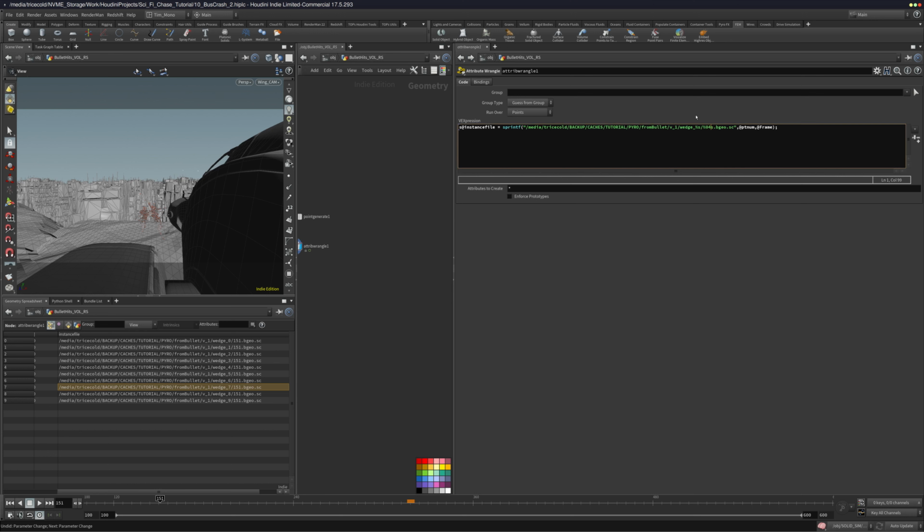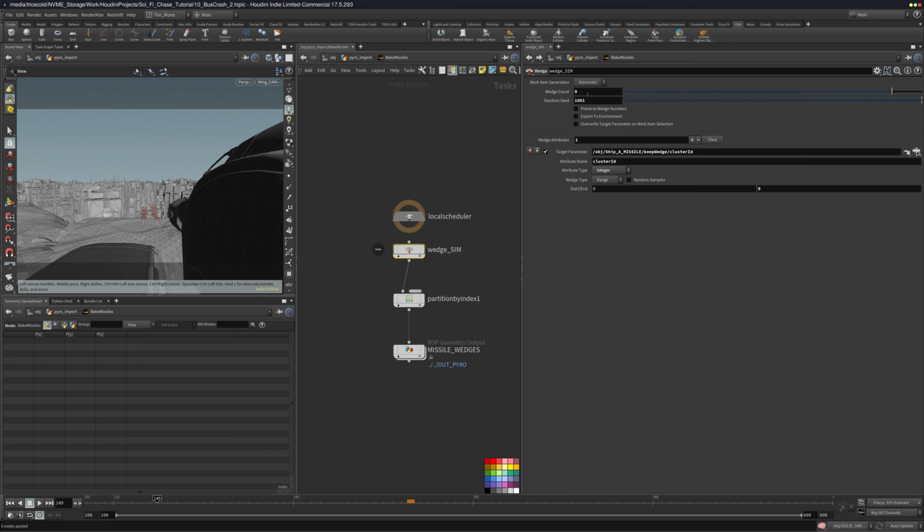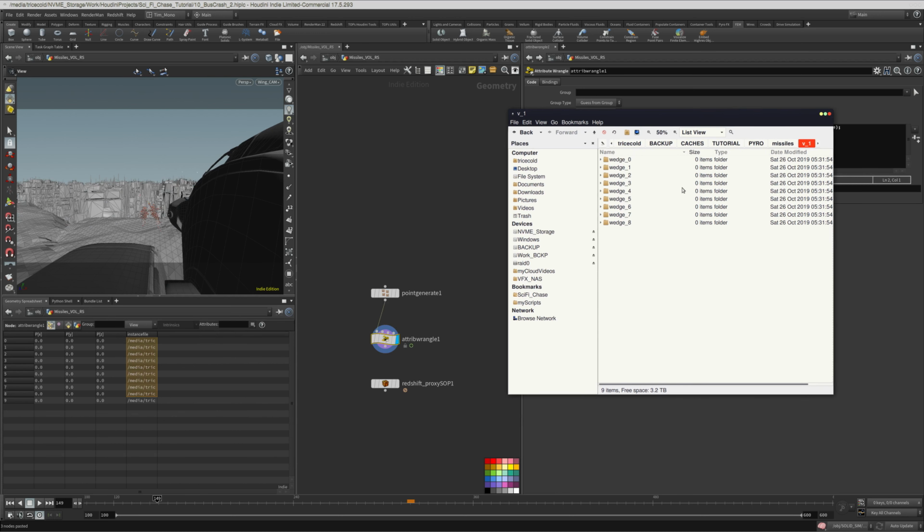Although we need to change the amount of points we generated, because that needs to be linked to our amount of wedges, and we can tell that by going to here, which is 0 to 9. So that's 9 wedges, sorry, so that should be 9 wedges, just to make sure that we go into that folder to make sure that it's correct as well. Let's do that. So our folders here, I closed it, so I need to paste it again. So 0 to 9,